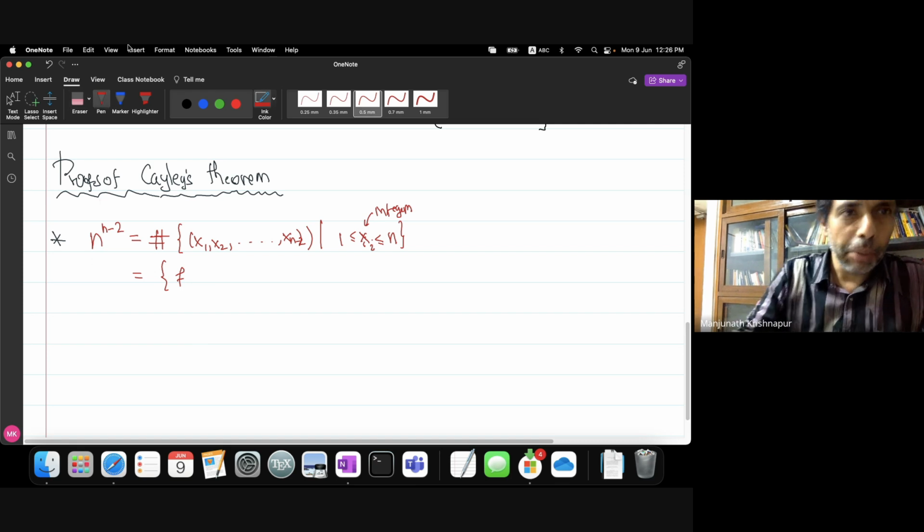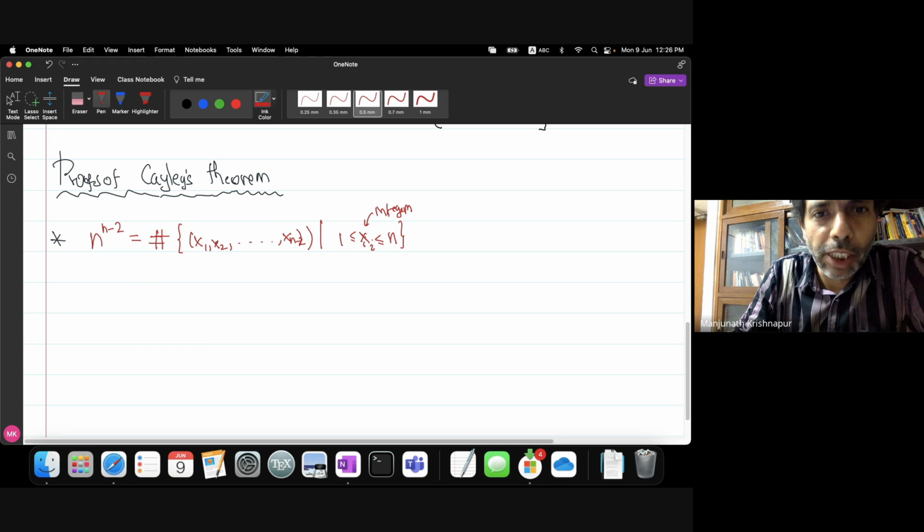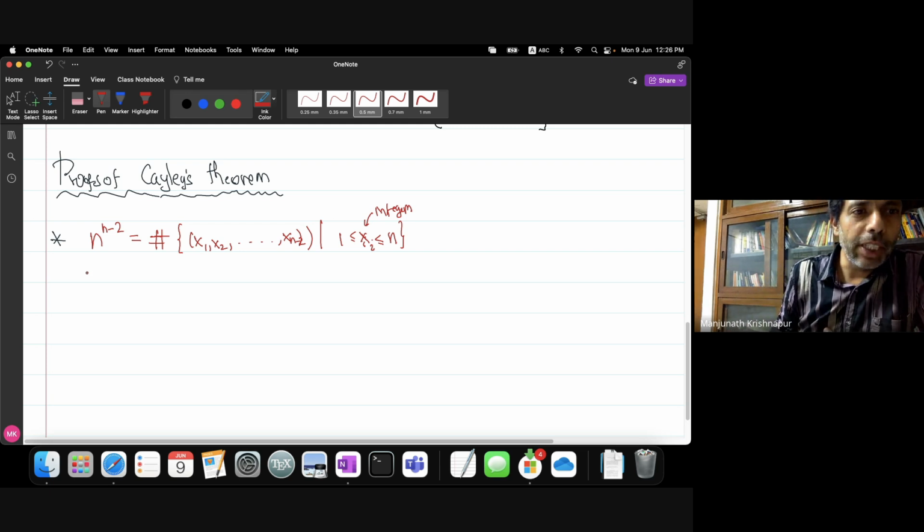Maybe I'll remove this for a moment. So n to the n minus 2 is the number of such tuples x1, x2, up to x n minus 2, where each xi is between 1 and n and they can be equal. Okay. So is there a natural bijection? So set up a bijection